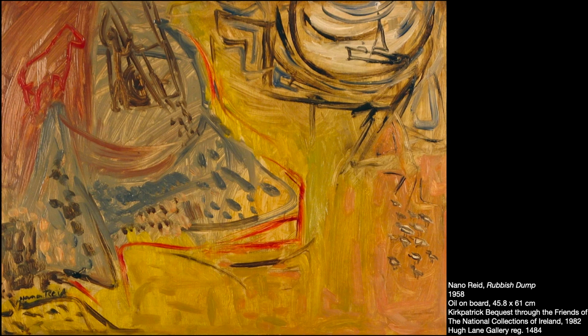Like many of her well-to-do peers, Nano Reid traveled to Paris in the 1920s, where she continued her studies in painting and would have been introduced to the modern movements there at the time. However, she seems to have flouted the traditional route of her peers who were influenced by the French teachers and schools there, and for herself she was more enthusiastic about the work of the Latin American students that she met